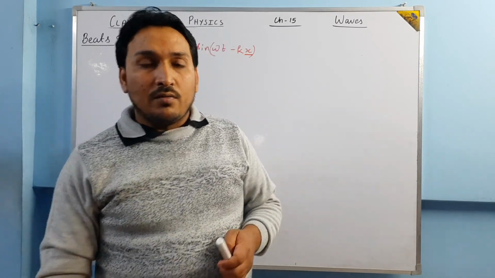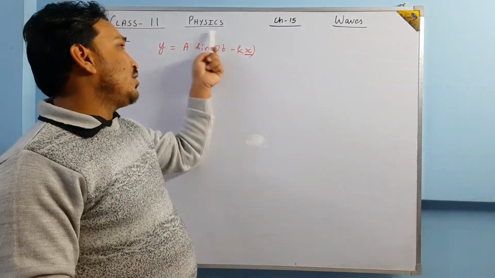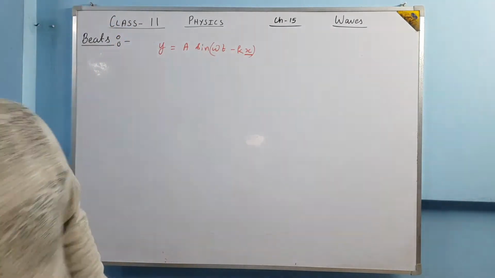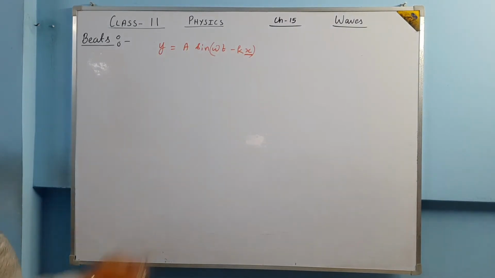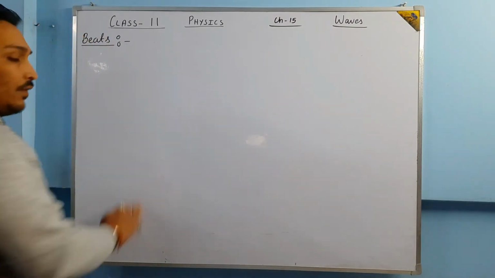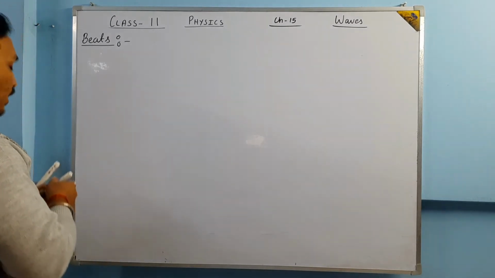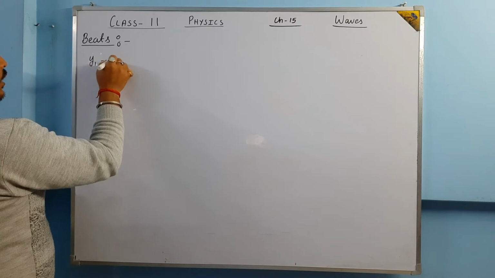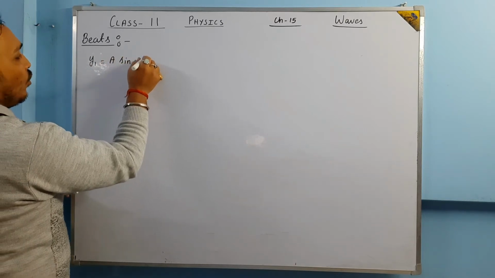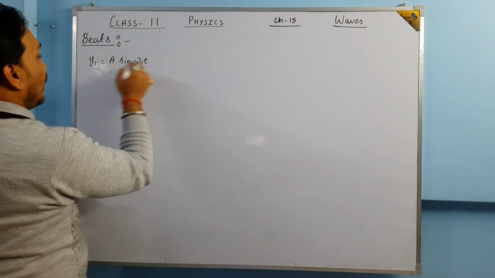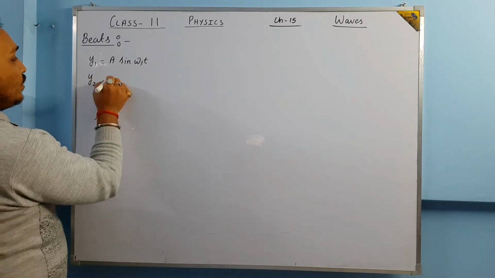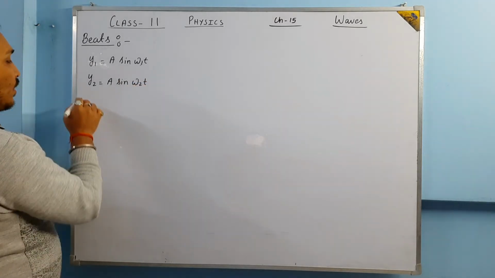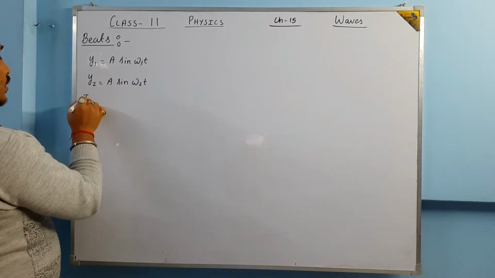So basically, I'm going to take only the vibrational part, that is a sine omega t. I'm going to take two waves which are identical, but have slightly different frequencies. Let us take one wave as y1 equals capital A sine omega 1 t, and another wave y2 equals capital A sine omega 2 t. When they superpose each other, the resulting wave will be